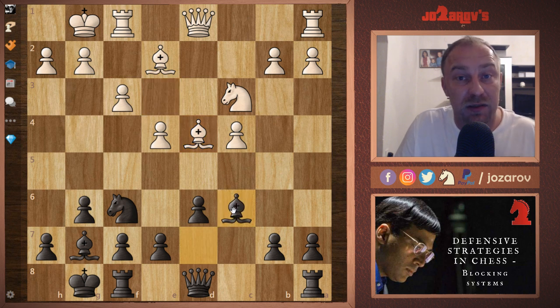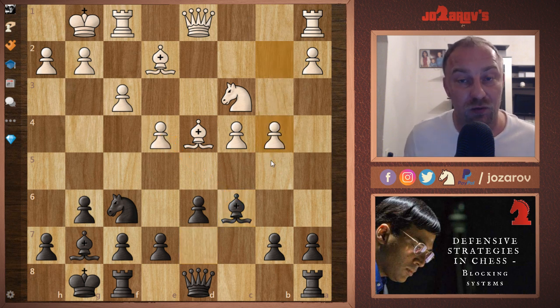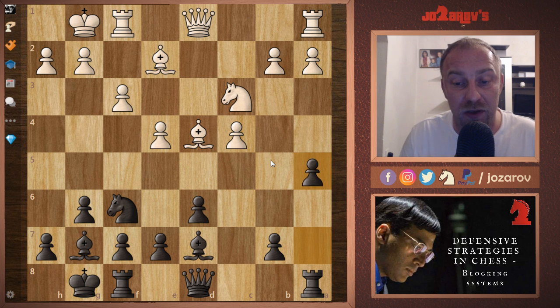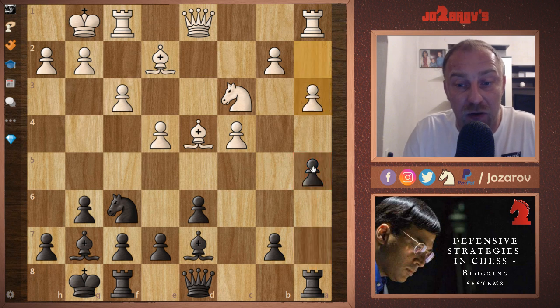Bishop to c6 seems like a natural move, improving the position of the bishop, but then you face immediately b4, and here you're already in trouble. So that's why you first have to play this defensive strategy to create this blocking system. This blocking system builds now. This rook is of course supporting our pawn on a5, and here in the game Luka Lenic tried the